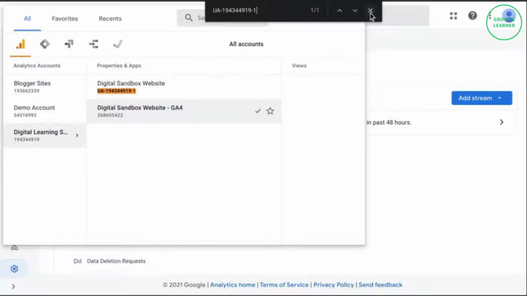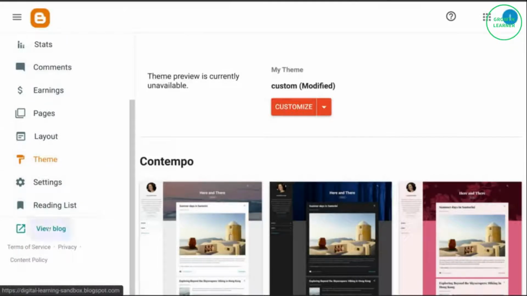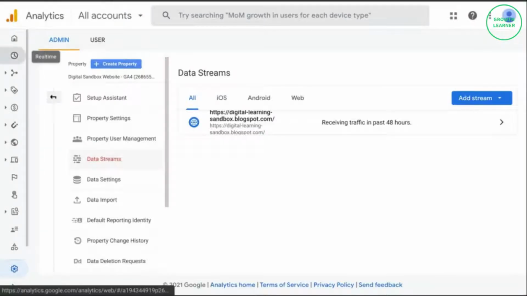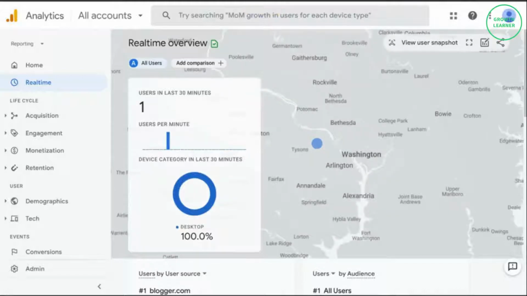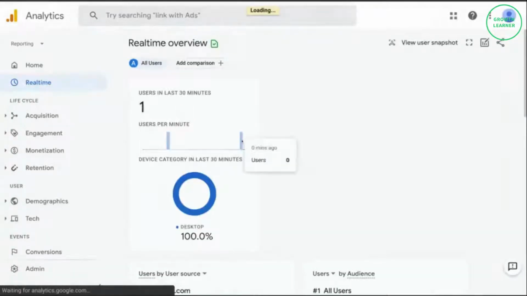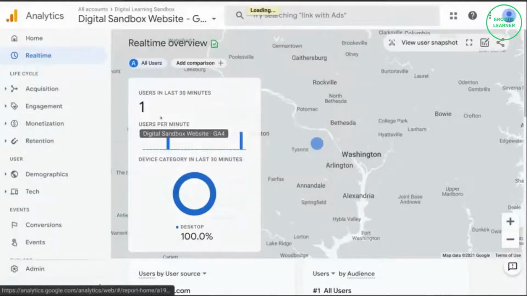And now what we can do is test our tracking. So if we go to load our website, we can make sure the tags have fired and then go back to the real-time reports. So first we'll check the GA4 property. It hasn't loaded yet. I think sometimes you might have to reload the page to get the event to show up, and there it is. Yep, 0 minutes ago. Okay, now we'll check the UA property,